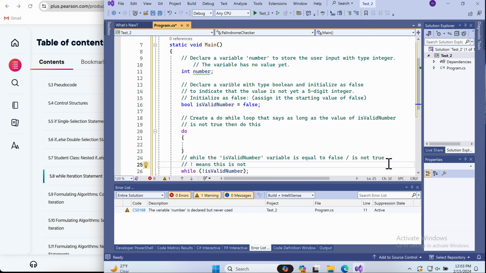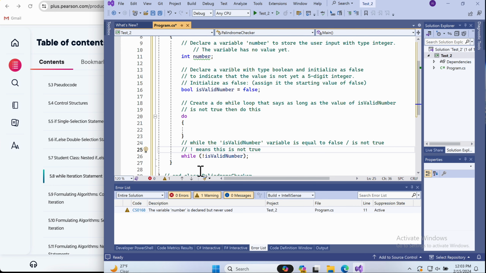If it's not true, it's going to loop back to the top of the do, and do this while this is not true. So to me, I think of a while as "as long as." So as long as the variable isValidNumber is not true,